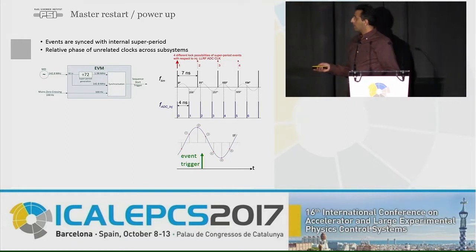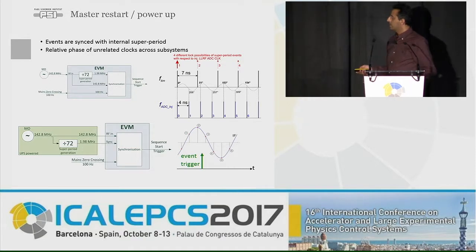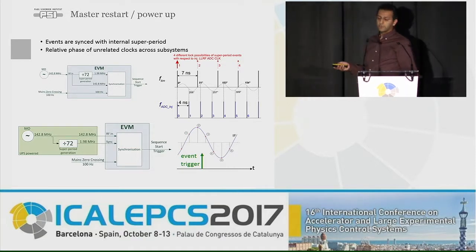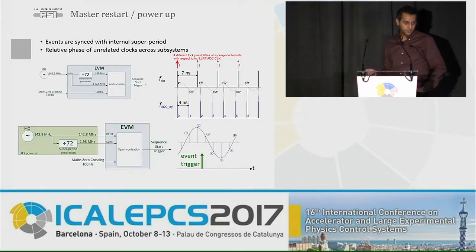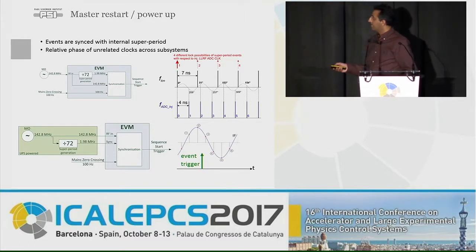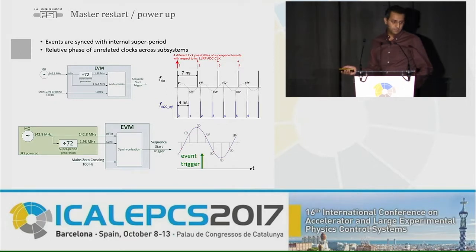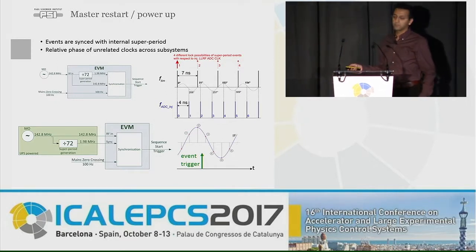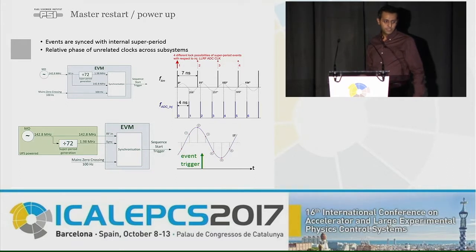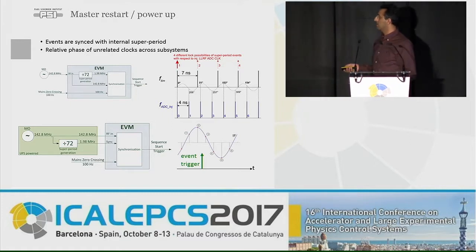So the solution we came up with together with the low-level RF guys was to generate a super period on an uninterruptible system, on UPS, directly from the master oscillator and feed this to the event system. And the event system also provided the possibility to measure the phase of this external super period, and even to select at which phase we want to start playing the sequencer of the events.